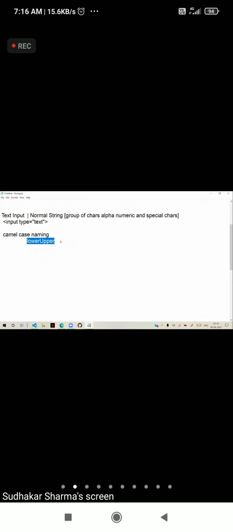Generally, in form elements, we use a prefix like txt. This indicates what kind of control it is, whether it is a text box or a button. For button, we have btn. For form, we have frm, like that.